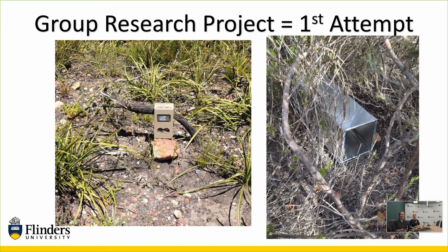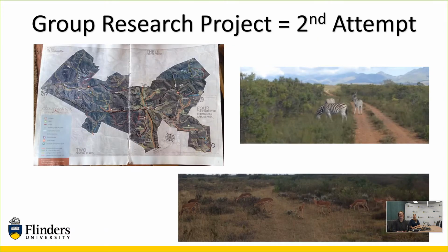We unfortunately didn't get any, so the next time we looked at grazers and looked at whether different species of grazers such as impala and plains zebras associated more with each other when there were babies within the groups. So it was really amazing this trip to be able to get a range of experiences in all different fields. So we were only there for about 4 weeks to be able to have this experience of all the